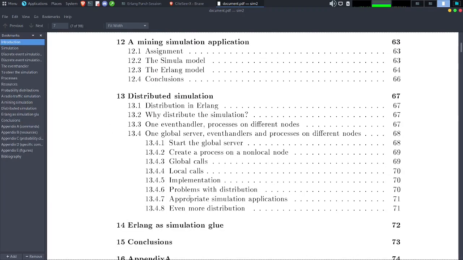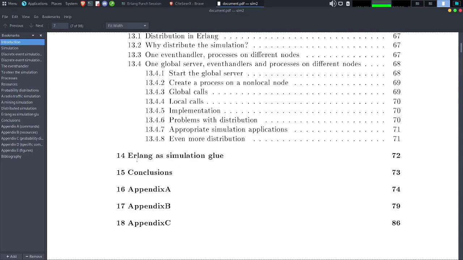And finally we have the distributed simulation. This part is also quite huge, so I don't know if I will have time to read it. Anyway, this page here, the Erlang simulation glue, is really important to me, so I will read it, and the conclusion is also kind of mandatory to read.